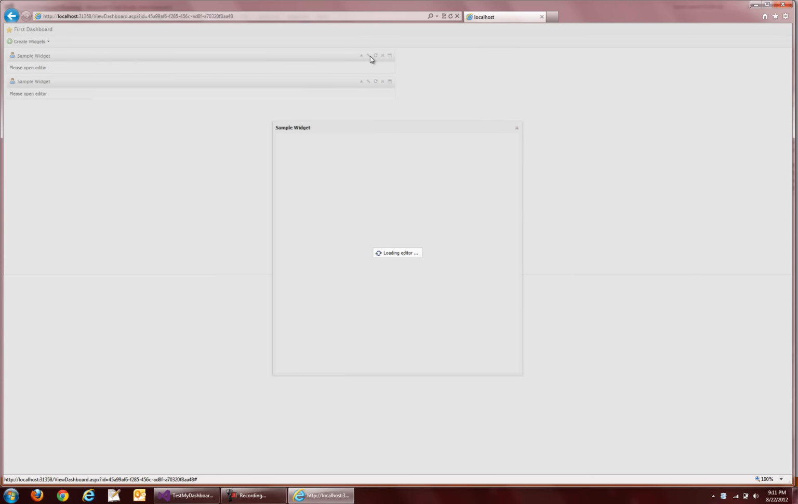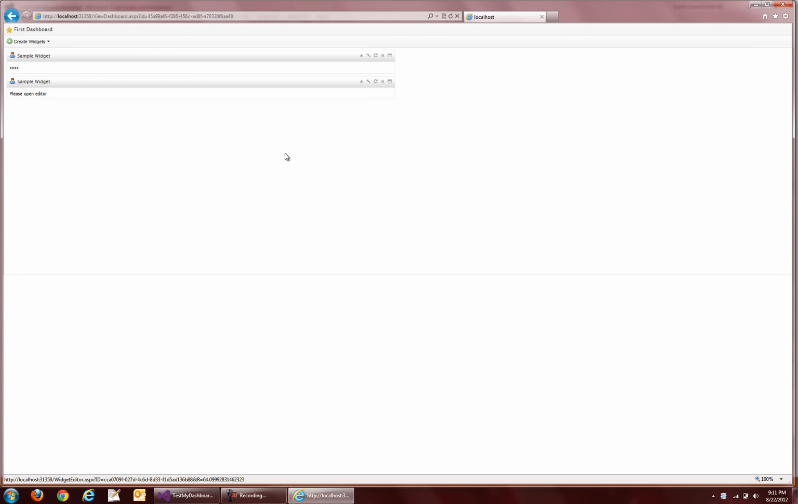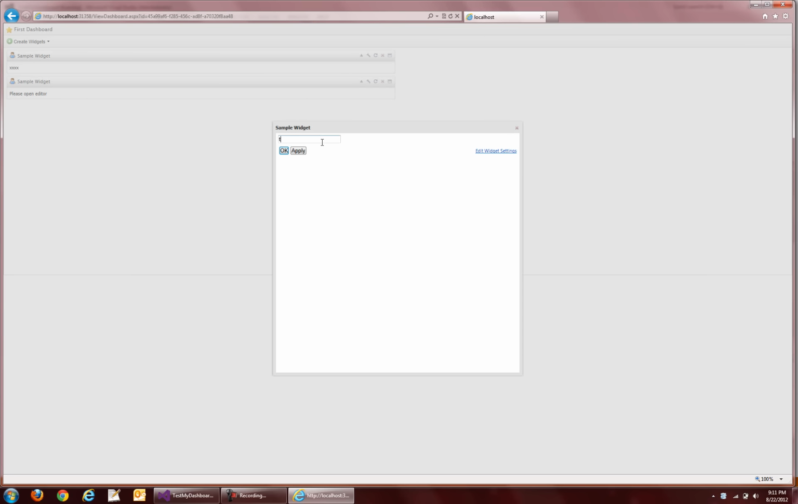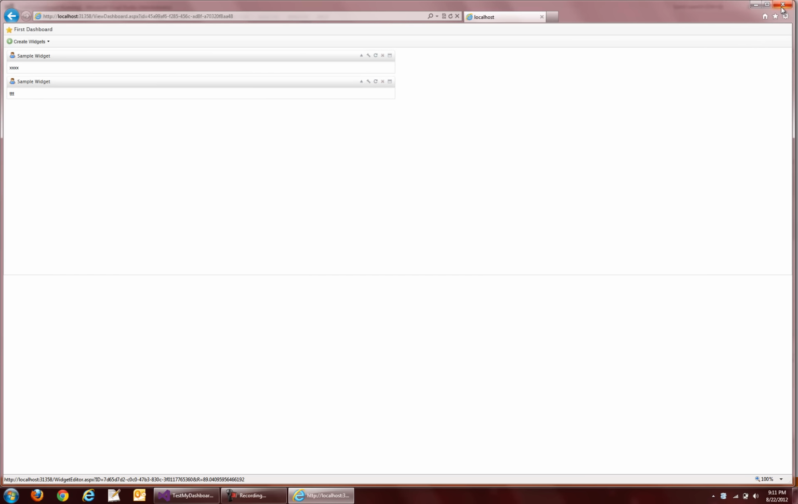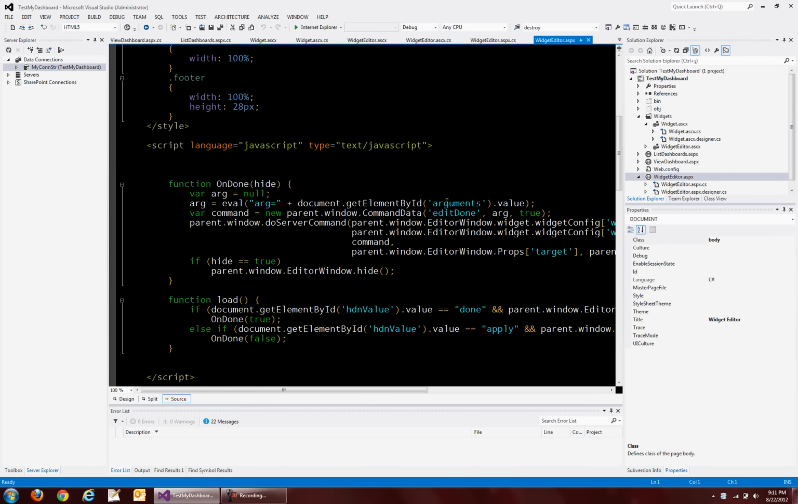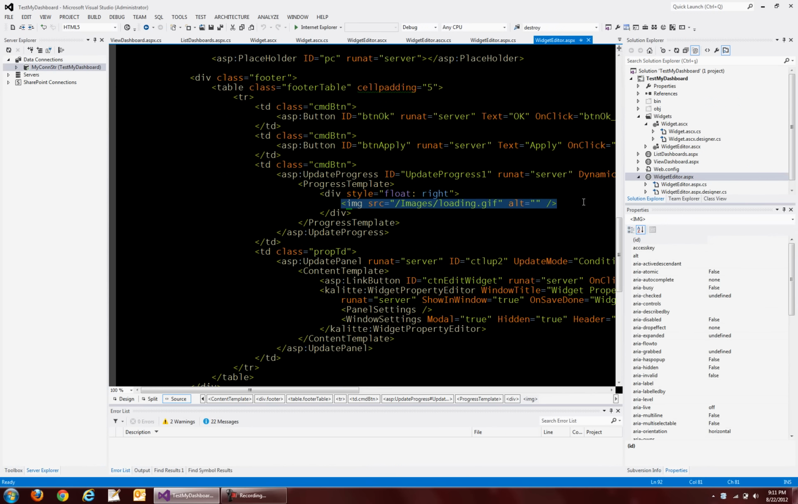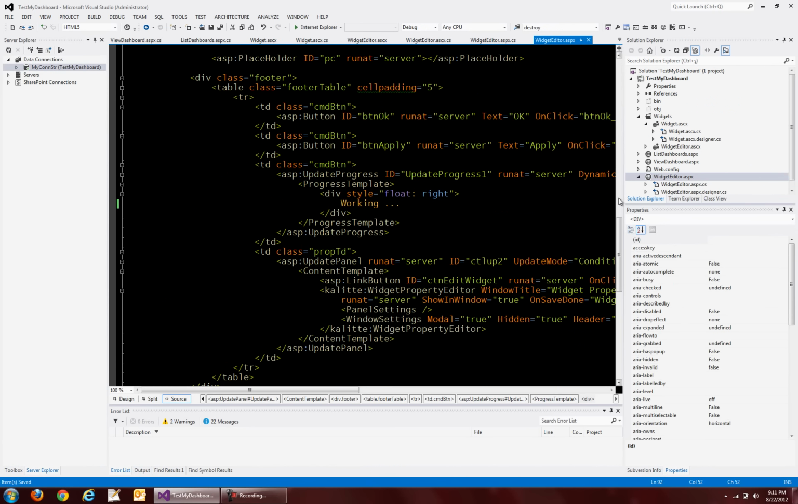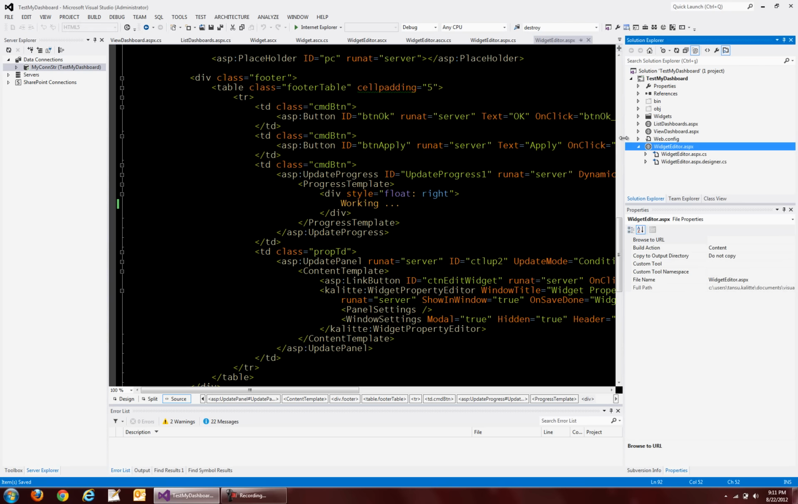Go to first dashboard. Please open editor. Set some value and the user edit configuration. Okay, you can just change this image or copy an image here. Just working is enough, I think. Okay, we developed a widget, we developed an editor, we set a configuration value, and lastly we can